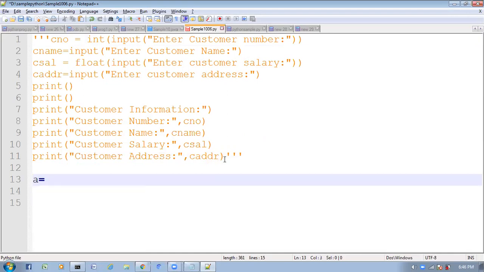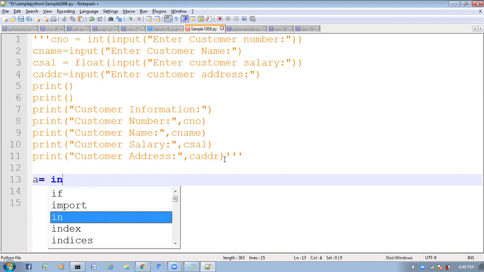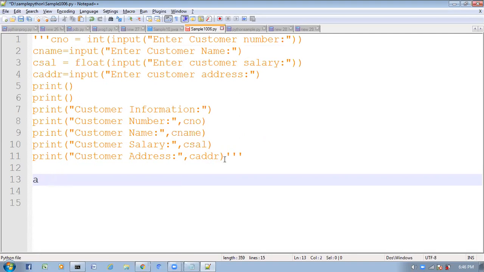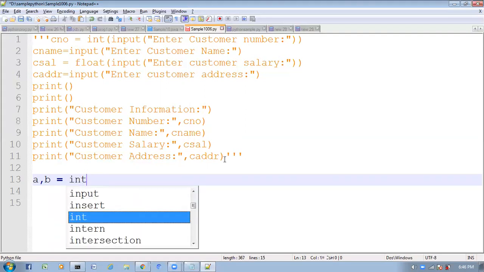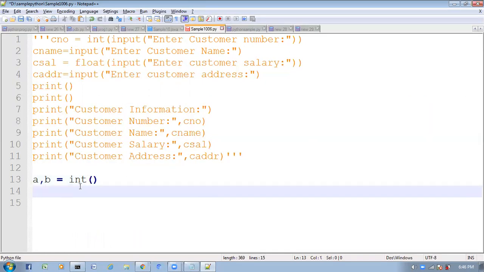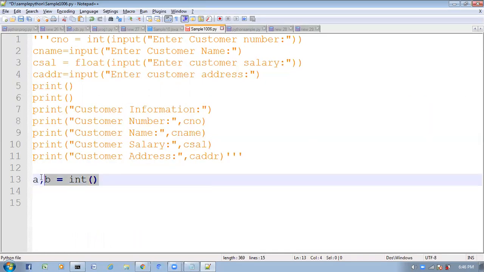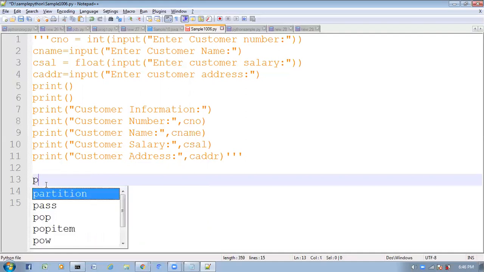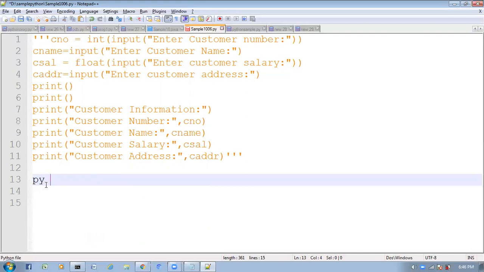A comma B is equal to int of input. So my requirement is while executing the program, while running the program, sample.